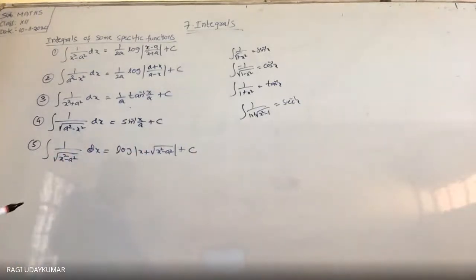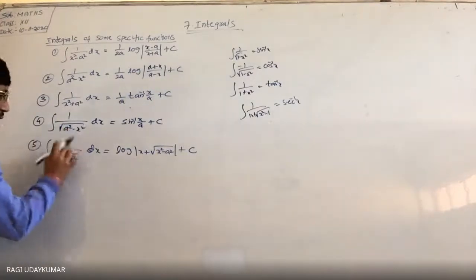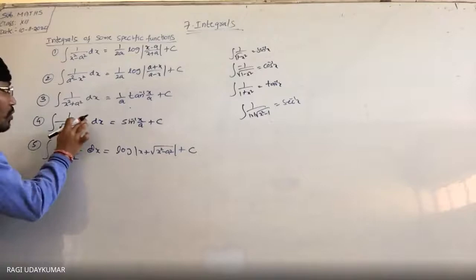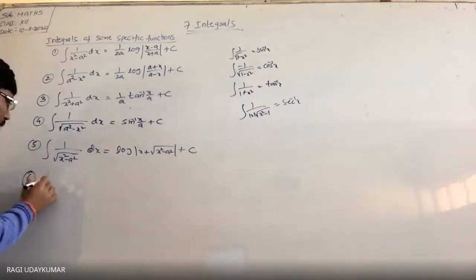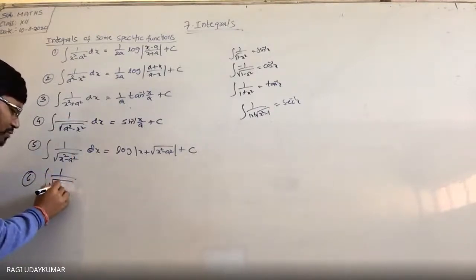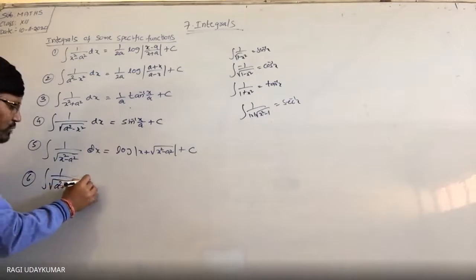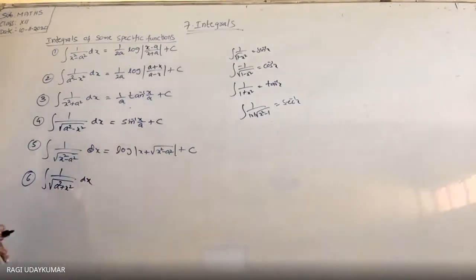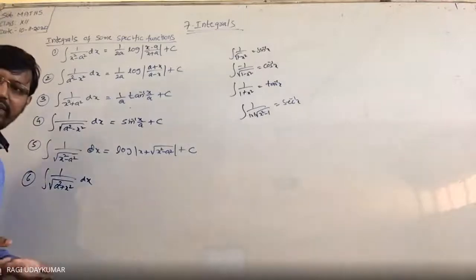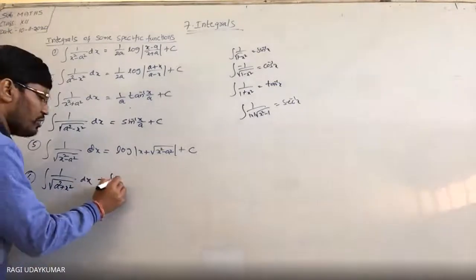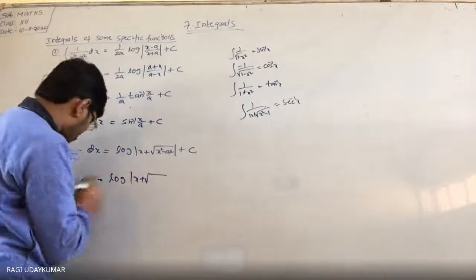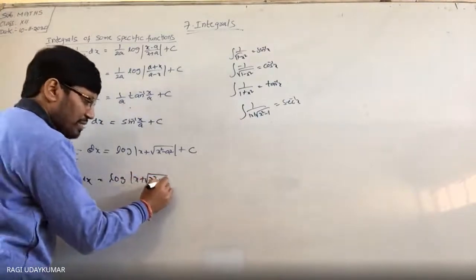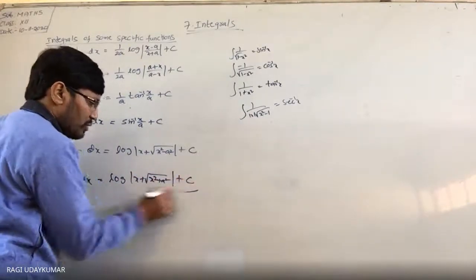So apart from this, you are having the last one is under root of 1 plus a. देखो a square minus x square हो गया, x square minus a square हो गया under root वाला. Next you are going to have under root में what is left over a square plus x square. A square plus x square you can write, x square plus a square you can write. Both are same only, not different. This is equals to logarithm of x plus under root of same इधर आ जाएगा. x square plus a square you can write और a square plus x square plus c.